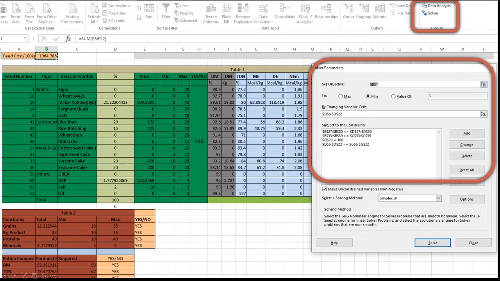Then we set the variable cells, what should be changed in the sheet, and then we can add constraints which are either related to the feedstuff limitations or to the individual nutrient limitations. We can add, change, or delete them, and we use the Simplex LP linear programming option. This is the solving method, and by pressing Solve, we can get the result output.